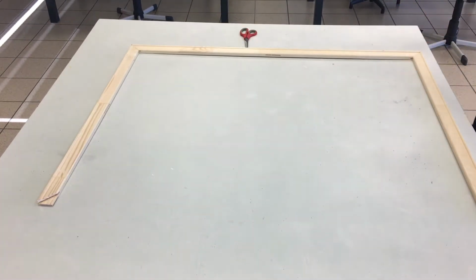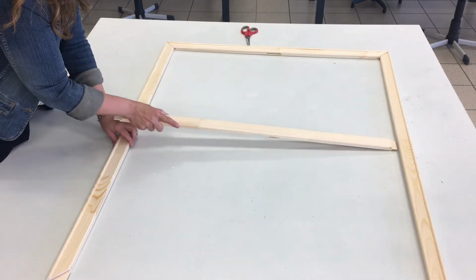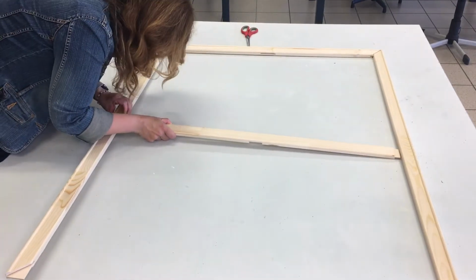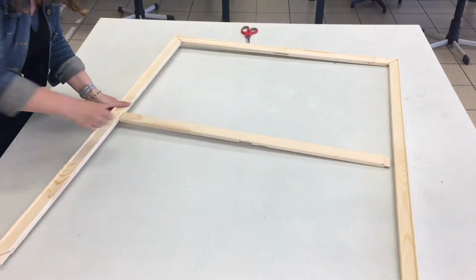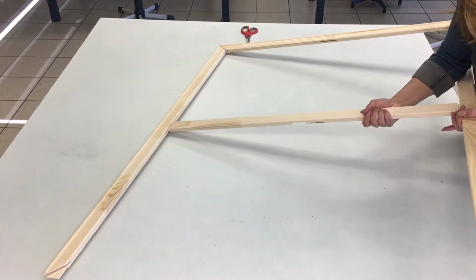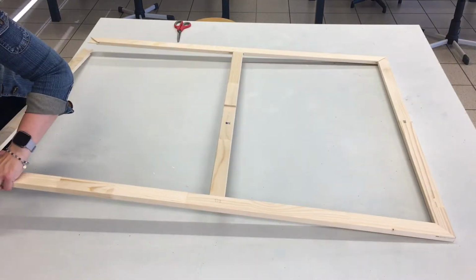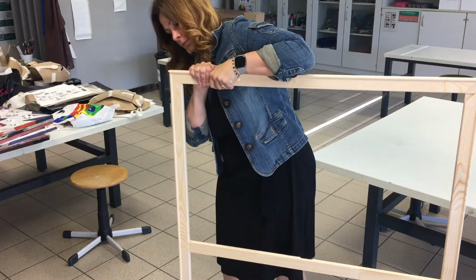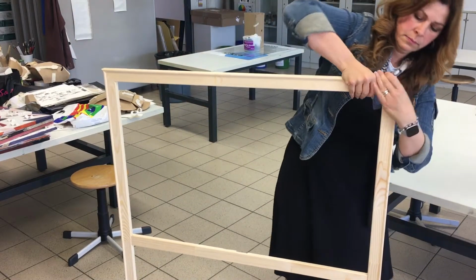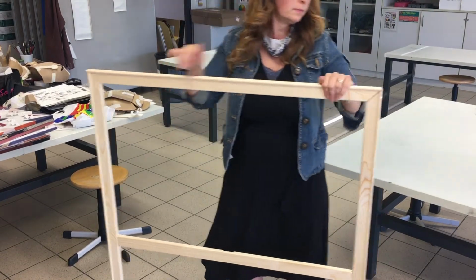to adjust. If you're working on a large canvas, you're going to need one or possibly two cross braces, and you can't put in your last stretcher strip until you pop in that cross brace. There's usually a notch in the middle of your stretchers for this. Once all four pieces and any cross pieces are in, now you can really sort of work on adjusting the